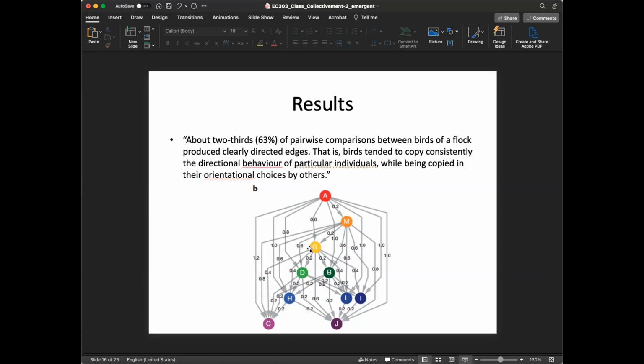So imagine if there was no directionality to the entire graph. If I measure for some amount of time, I found that A follows M, or M follows A. Imagine I measured this after a little while. If in that case A was following M, that means that what you had found was purely by some positional accident. A will follow M for some time, M will follow A for some time. That basically means that they're just copying each other. There's really no leader among them. But the fact that there is consistency in about 2/3 of their pairwise comparisons means that they're more likely to follow some specific individuals over the course of their entire trajectory.